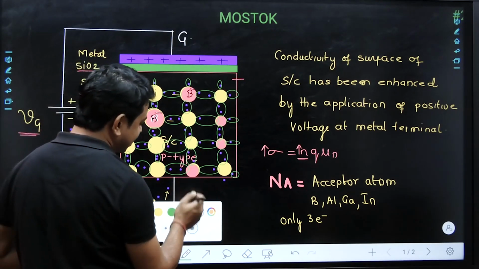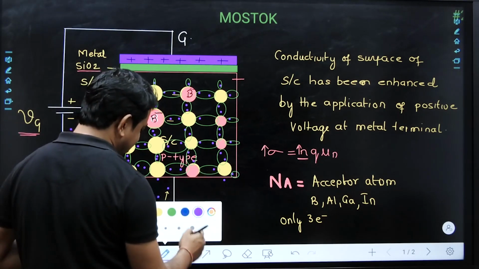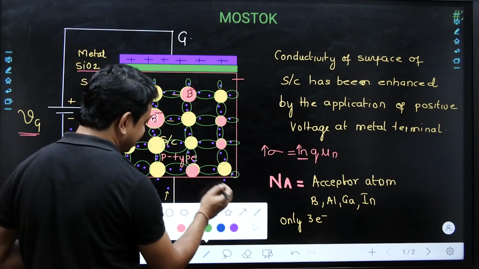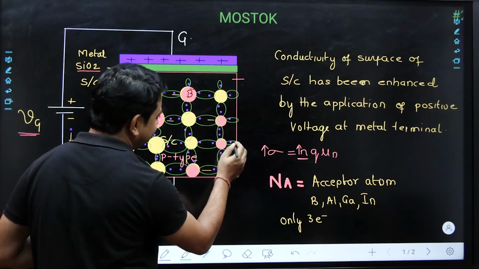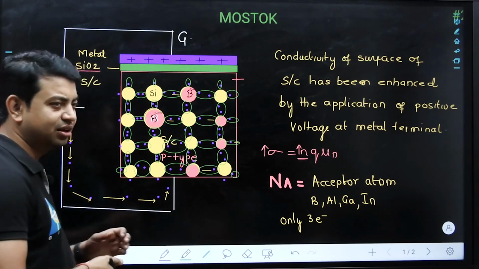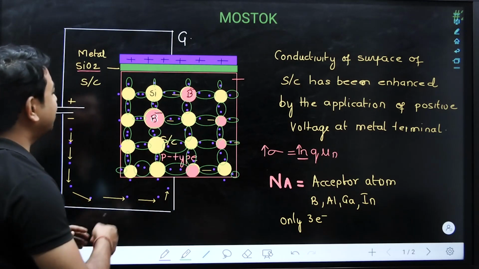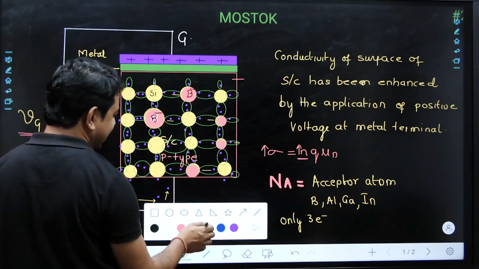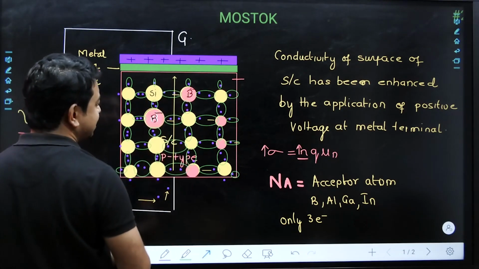But on the other side, we don't have any ions here. Why, sir? We don't have any ions here. This may be your question, but I have the proper answer. We are having only holes here. The reason that we don't have any ions here is that the electrons will always get attracted toward the positive charge. So the direction of movement of electrons is like this.